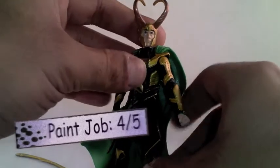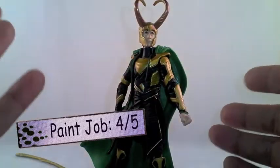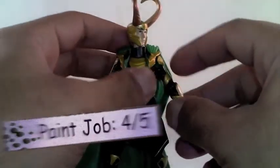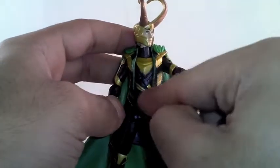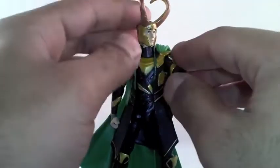I'm going to give him a 4 out of 5 for paint apps. Articulation, I'm going to keep it real simple. It's just like the Hawkeye. I mean, hinge up here, single joint elbows, rotates at the elbow, no waist, no upper ab, head rotates all